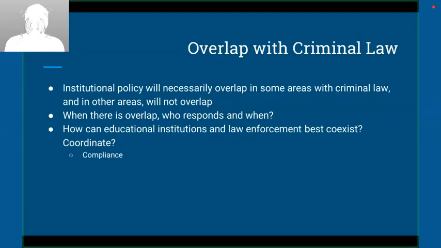And I think there's kind of three things to think about when educational institutions and their law enforcement partners, whether this is campus police, whether this is a local law enforcement agency, or maybe some combination, think about how they're working together. One thing is compliance. So I think one thing I want to mention, thinking about the overlap with criminal law, is, if you read the comments,